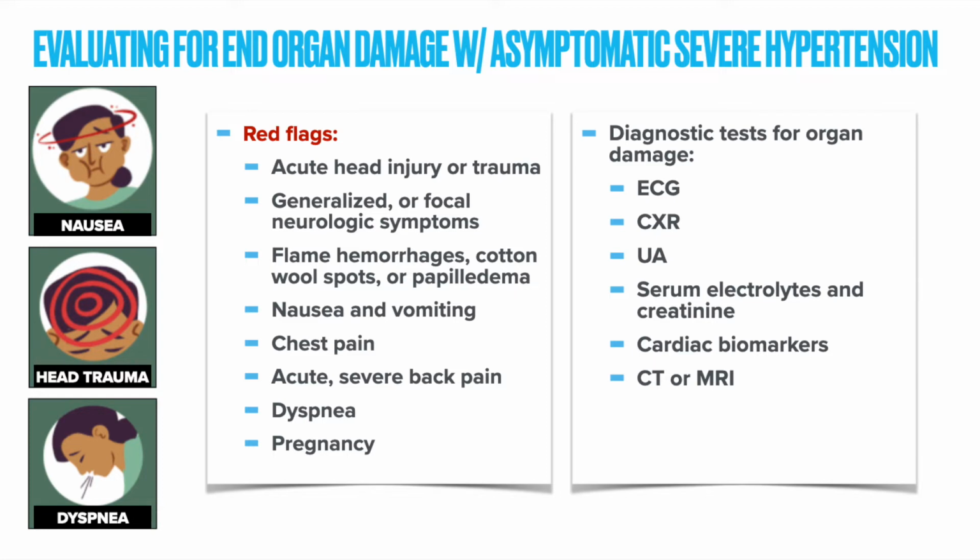If any of these are present, then our level of concern should be significantly higher, and our threshold, of course, for an ER transfer is going to be much lower. In addition to this information that we gather during our H&P, tests that can help us to evaluate for end organ damage include, of course, the ECG, a chest x-ray, a urinalysis, serum electrolytes and creatinine, cardiac biomarkers,